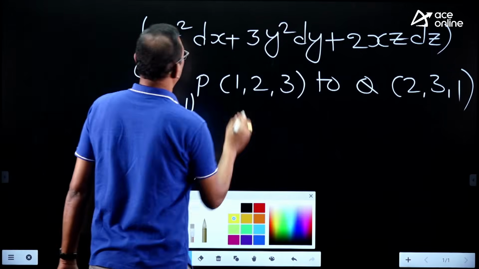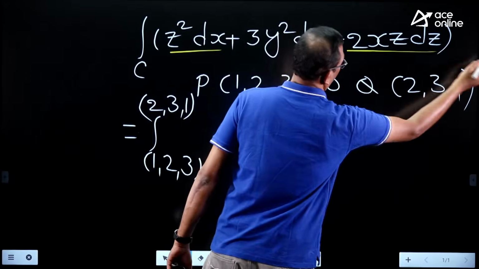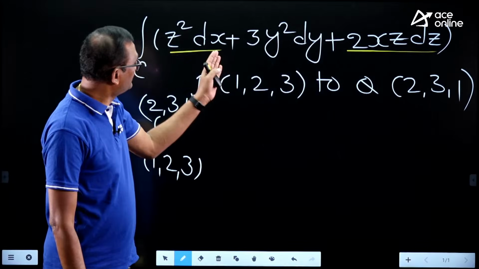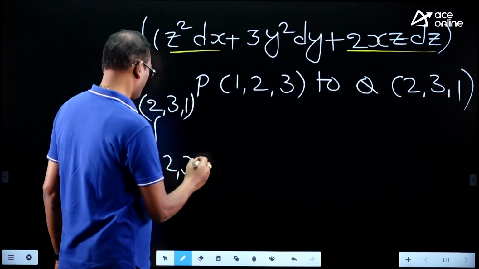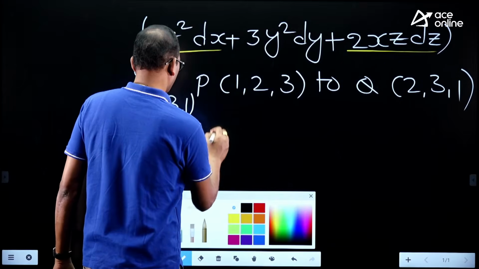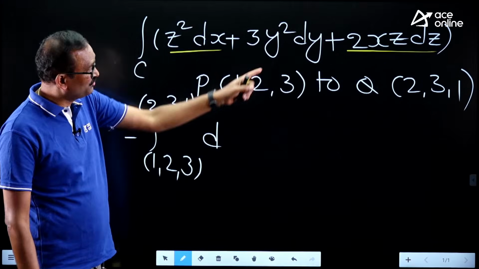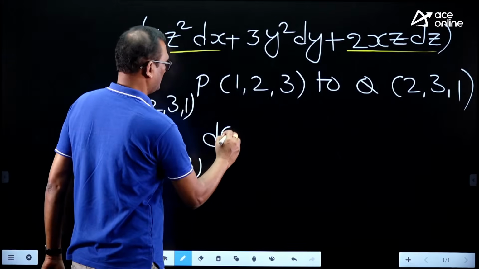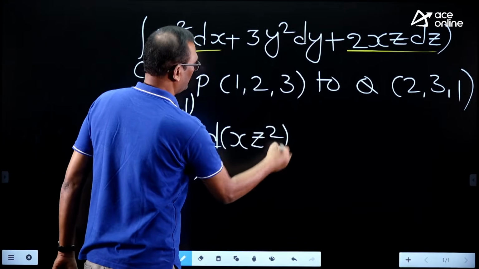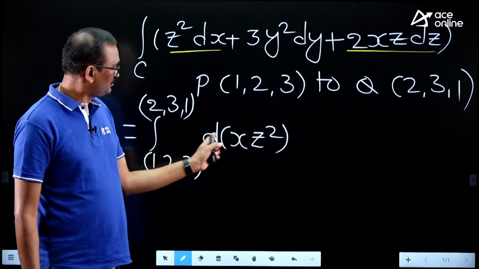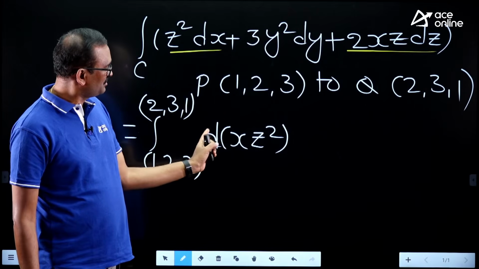Observe the first and last terms here, z square dx plus 2xz dz. It's an exact differential. Just observe this. It should be the derivative of xz square. Observe that the derivative of xz square, by the UV rule, is z square into dx, next x into the derivative of z